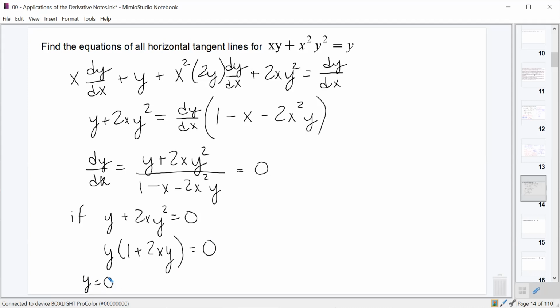be pretty easy to deal with. And in the other case, 1 plus 2xy equals 0, which we'll have to worry about just a bit here in a second. So talking about y equals 0 to begin with. If y equals 0, well, let's plug that back into our original equation. We get x times y, which would be 0, plus x squared times y squared, which will be 0, equals